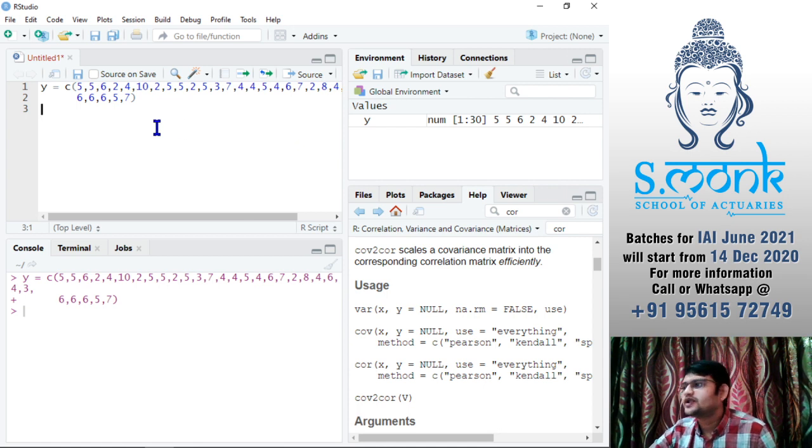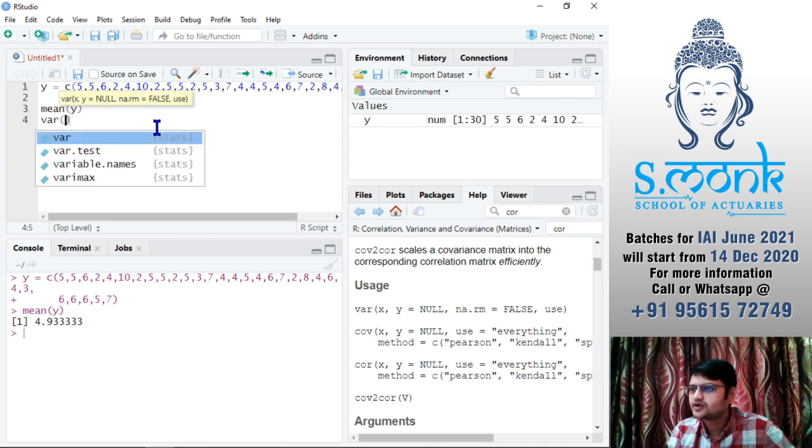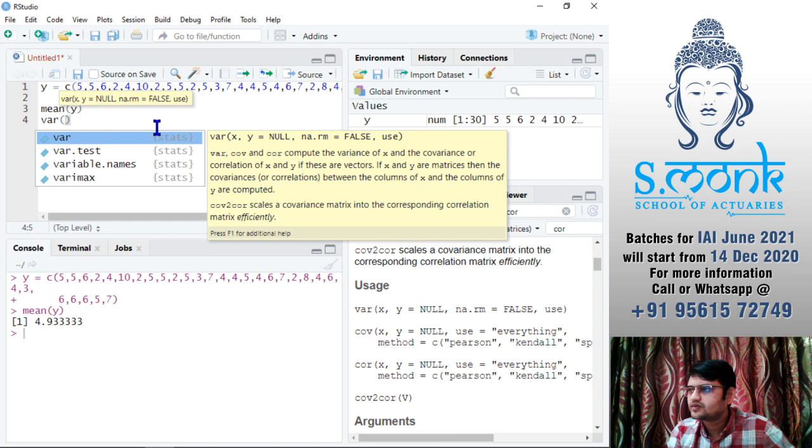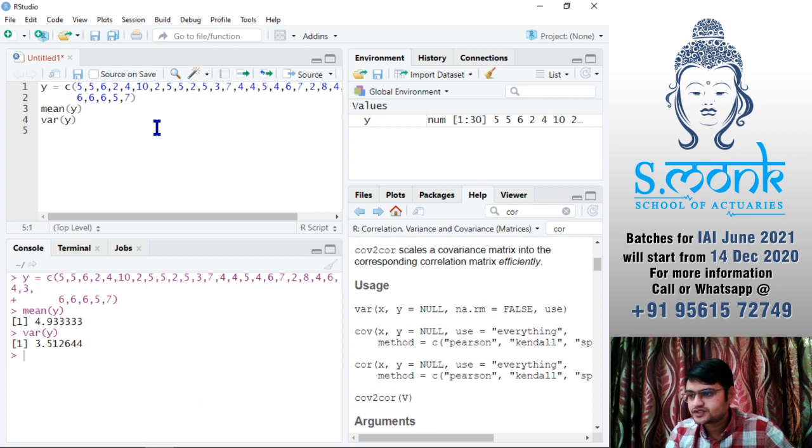You can find x bar, you can find the sample variance. All you have to do is mean of y. This is going to be our x bar. Then for variance you have, I think, var of y. If not, standard deviation is also there, sd of y. These are the basics that you can directly find.